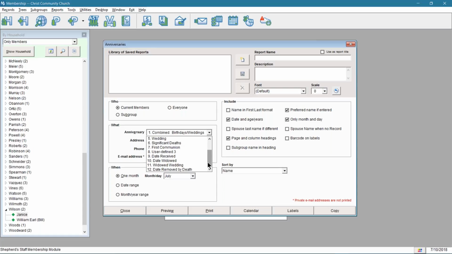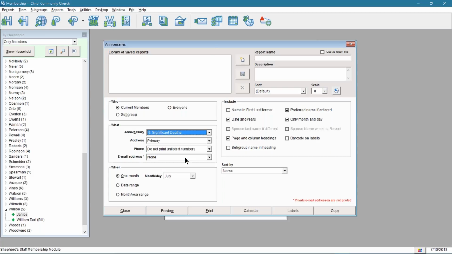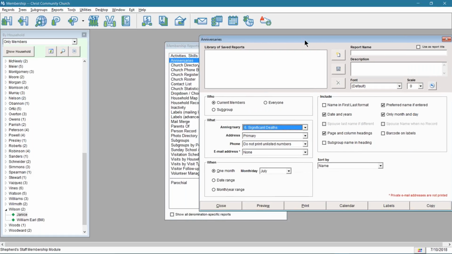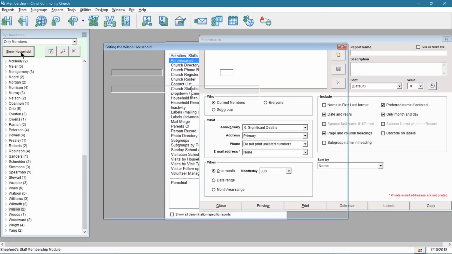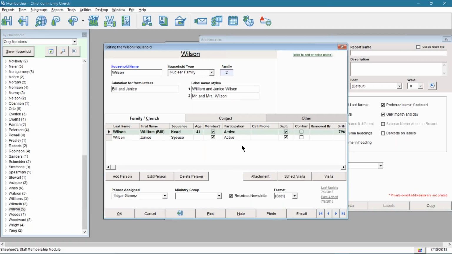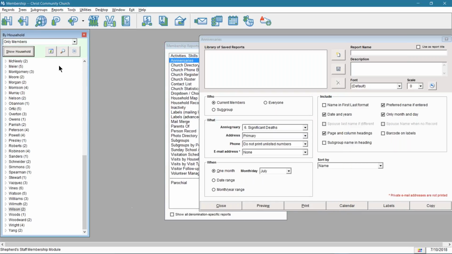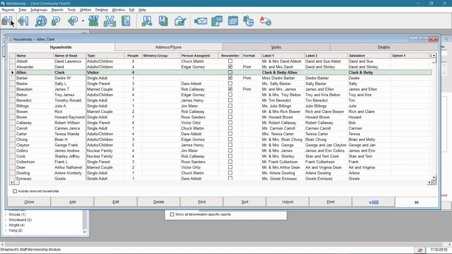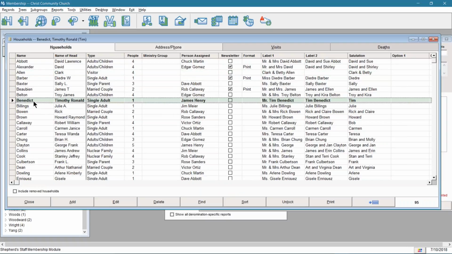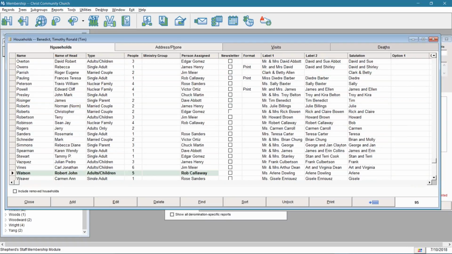So let me transition over to that just for a second since we're talking about it. So I'm going to move the anniversaries report over here. And with significant deaths, let's say, since we have Bill and Janice here, I can go to the Wilson household here and say show household. And actually, I need to go to the household grid. So go to the household grid and find the Wilson household. And to find the Wilson household, I can type